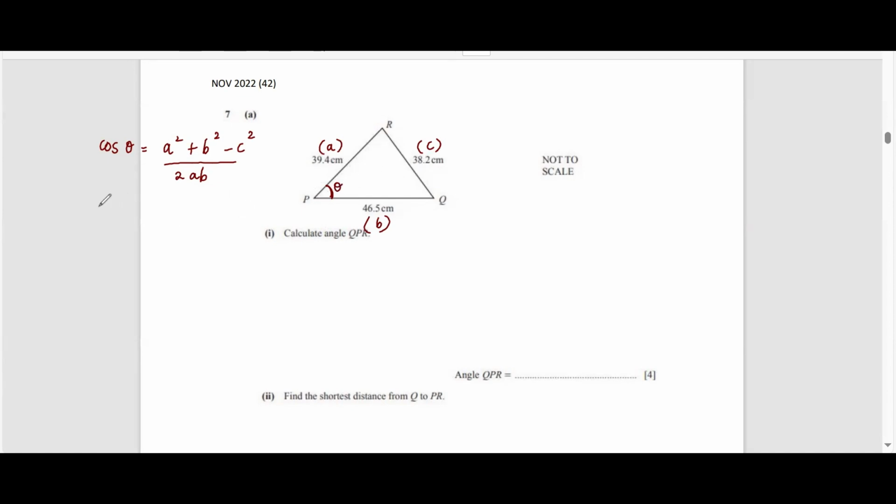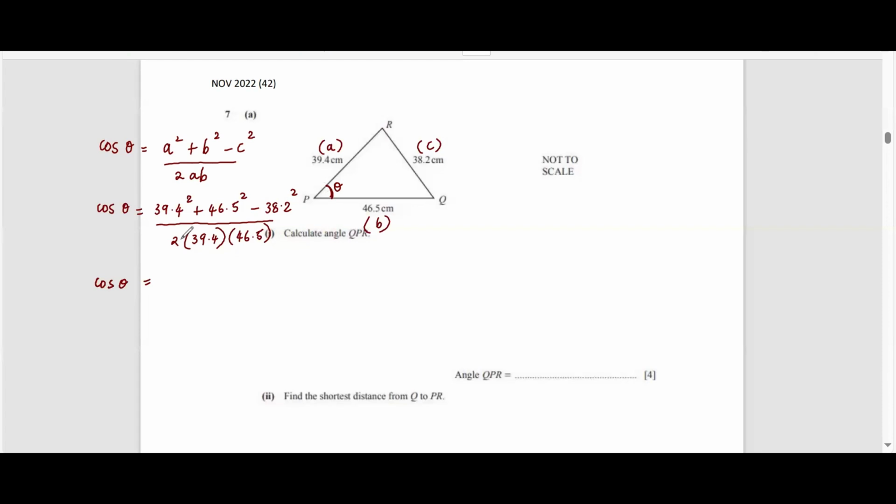Now it is just substituting the values here. Cos theta is equal to a square. A is 39.4. So 39.4 square plus B is 46.5 square minus C is 38.2 square divided by 2 into A is 39.4 and B is 46.5. So now when we put this in the calculator, the right hand side, we'll be getting, so